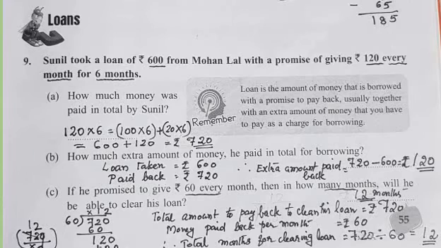So the answer is already written here. How many months? 12 months he has to pay, and the total loan to clear is 720 rupees. 1 month 60 rupees he is paying. So how many months will it take to clear the loan? 720 divided by 60 equal to 12 months. So students, write all these points very neatly in your textbook workbook itself. If you need calculation, you can take rough paper and do it.